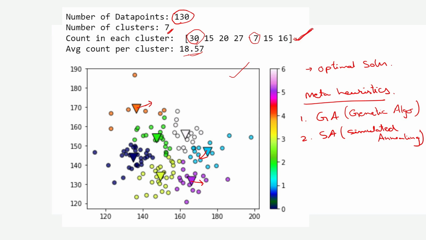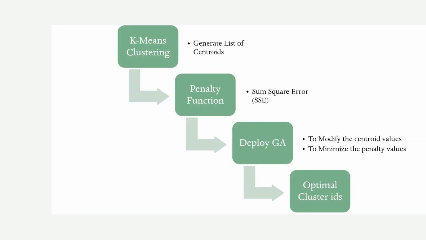In this example, I will go with the genetic algorithm. The process would be like this. First, we start with the conventional k-means algorithm, where we generate the list of centroids. Then we create a penalty function where we assess how far we are from our optimal solution. I will use a sum of squared errors.